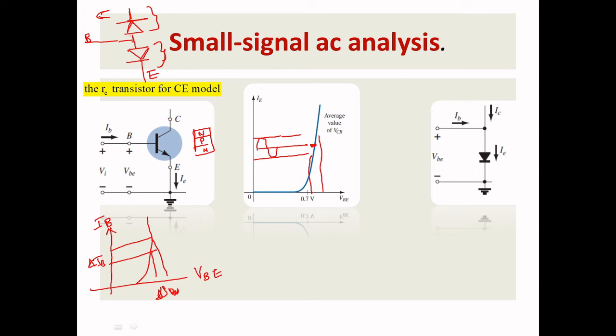So this IC current across the collector terminal is IC, it was represented. This is step 1 to proceed with the re model. Not completed, still we need to do more. Okay, so input voltage is VBE and input current is IB, and the diode was represented for this base emitter junction. Okay,